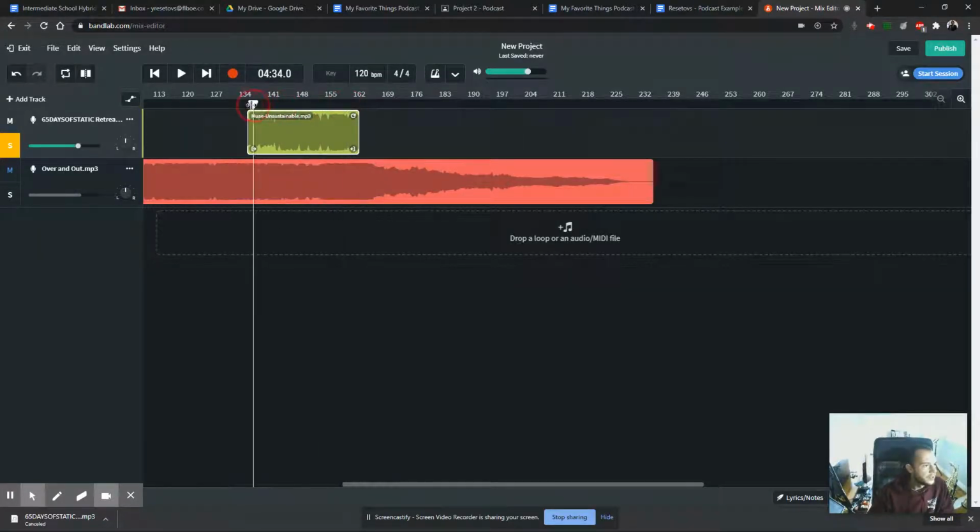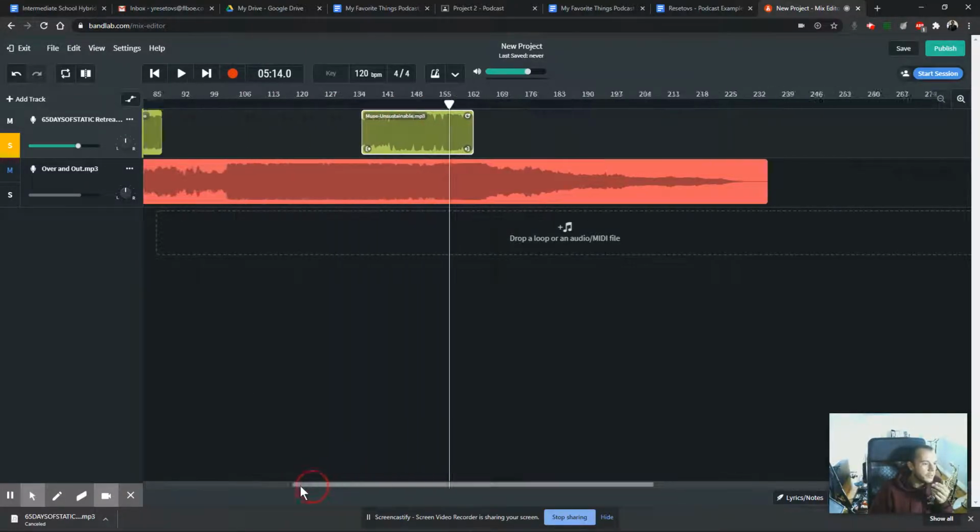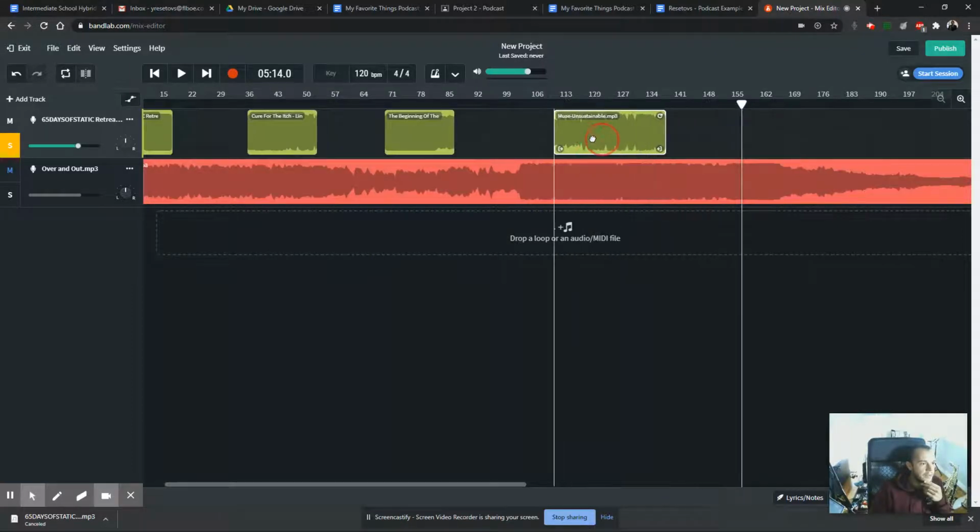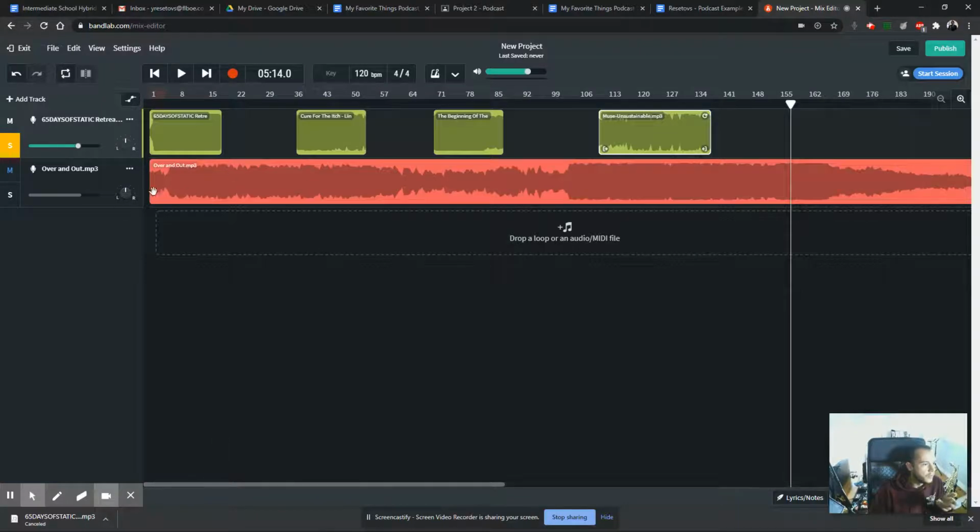So I think this section's a little longer, 4:30 to about, so it's about a minute, a little less than a minute. So I'm going to add some fades in the beginning. I'm going to add some fade outs, but I'm not sure what part of the song I want to fade in or fade out. So I'm going to leave this just here, and I'm going to work on my little